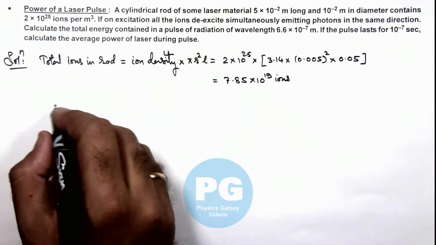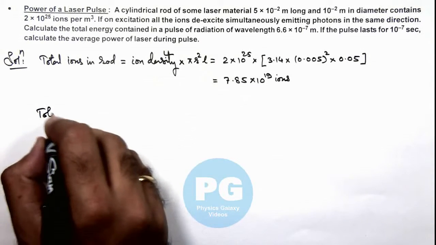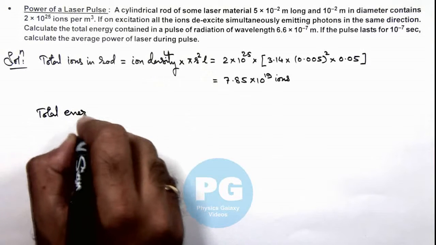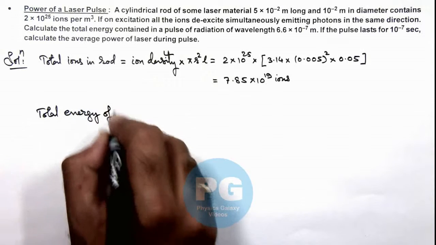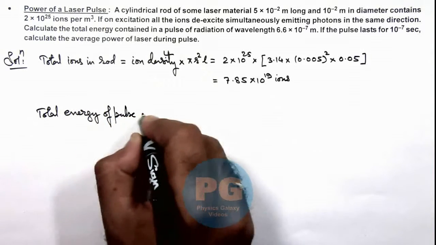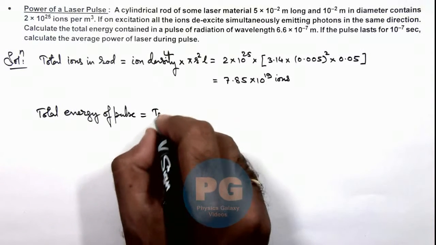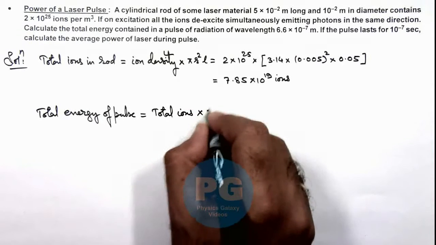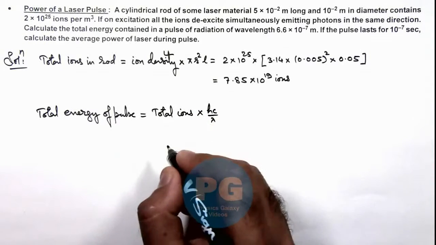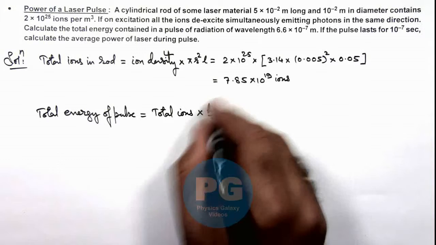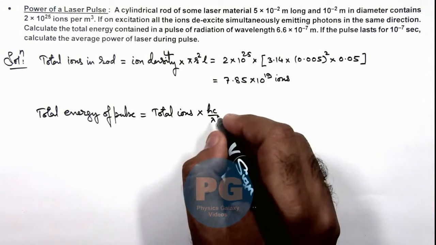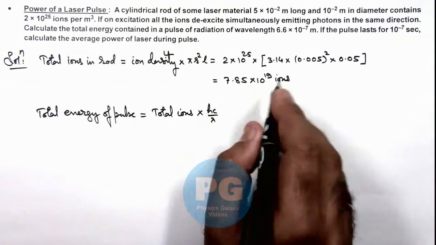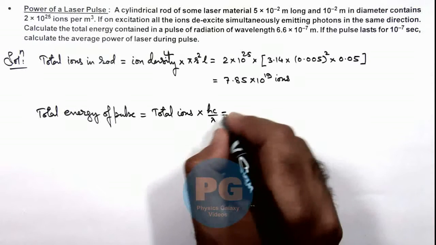So here we can calculate the total energy of pulse is equal to total ions multiplied by hc by lambda. Because hc by lambda is the energy of one photon and every ion is emitting one photon. So total energy of the pulse we can get